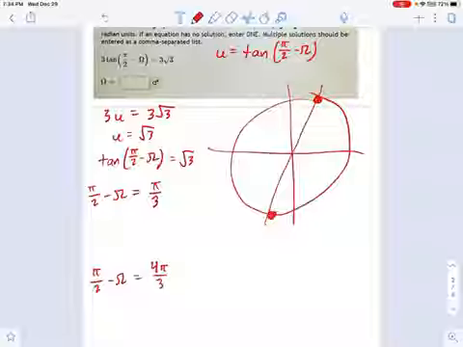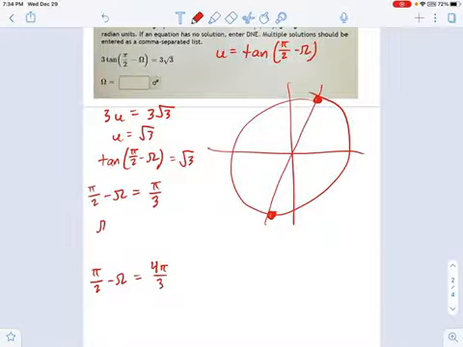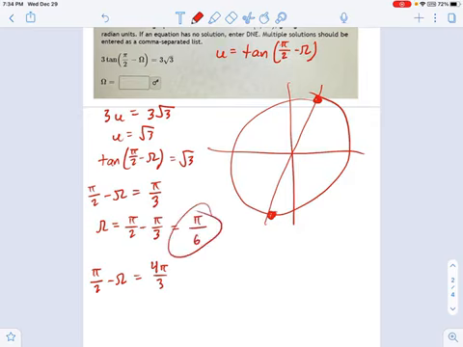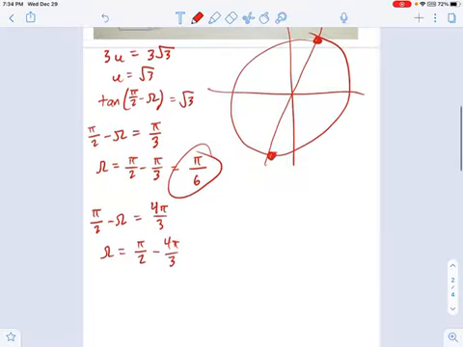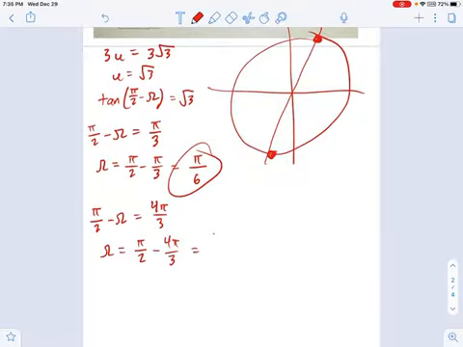So now we just solve each of these equations separately. I'm going to say omega equals pi over 2 minus pi over 3. And what is that? That's pi over 6. Just did some of that in my head. And this one says pi over 2 minus 4 pi over 3. Now that I don't think I want to do in my head. I'm just going to write that out the long way. 3 pi over 6 minus 8 pi over 6, if I'm not making any mess-ups, which makes this negative 5 pi over 6.